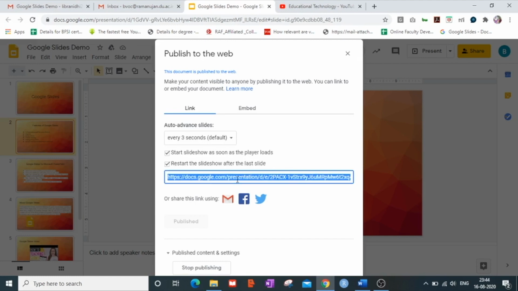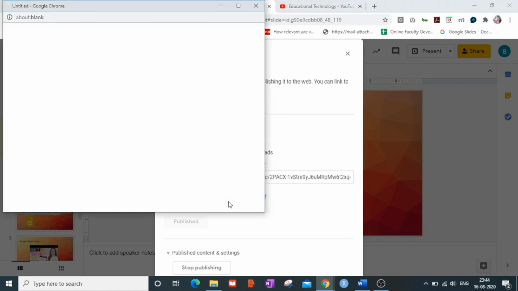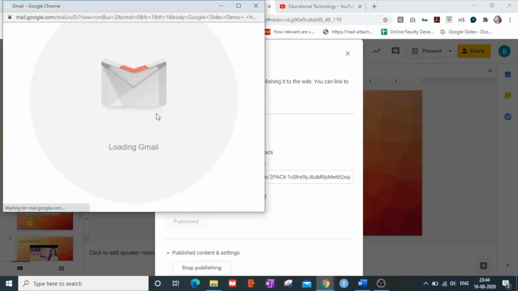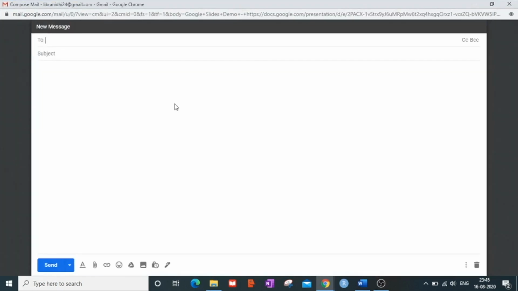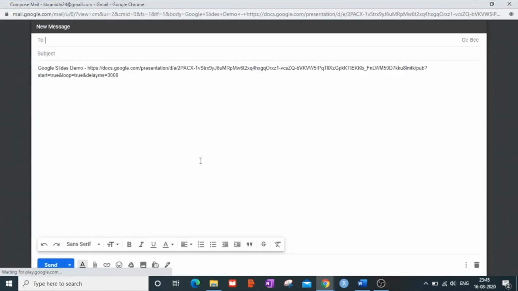So now you can see that there is this link which is available to me, which I can copy and paste and send to all my colleagues through Gmail, Facebook, Twitter, or you can send this link through WhatsApp as well as Telegram. Just to show you as an example, if I want to send this link via Gmail, I click on this Gmail button and enter the recipient's email ID whom I wish to share with.